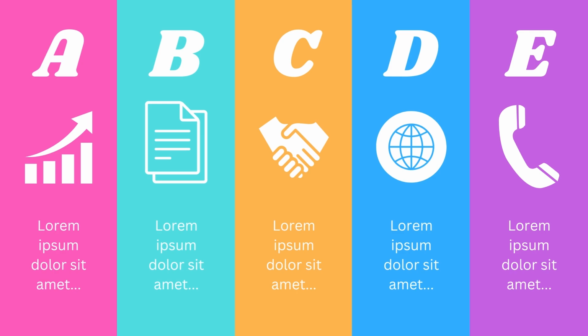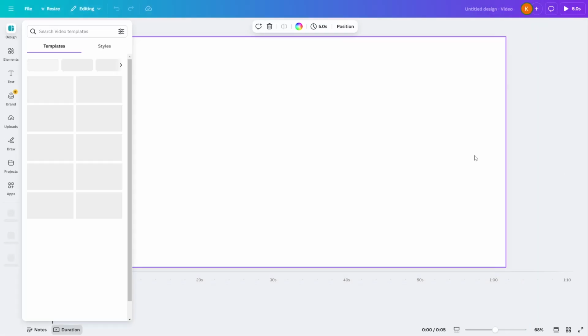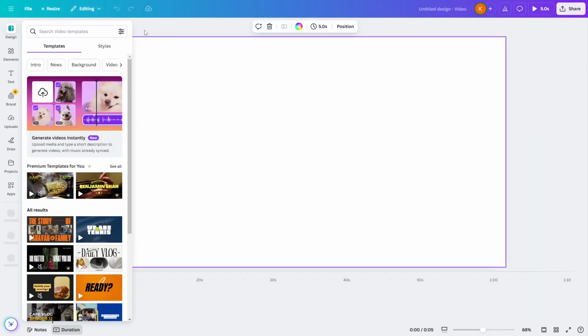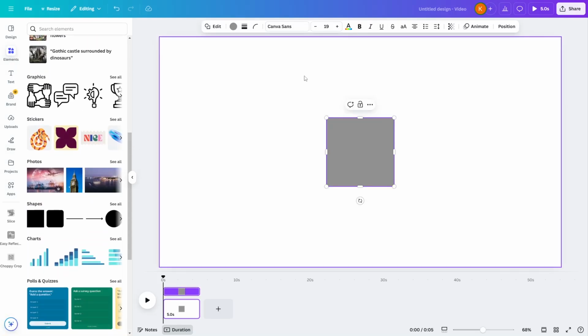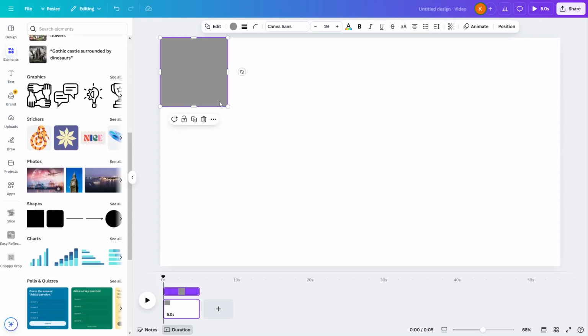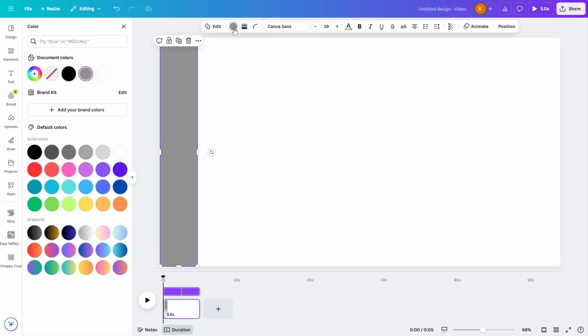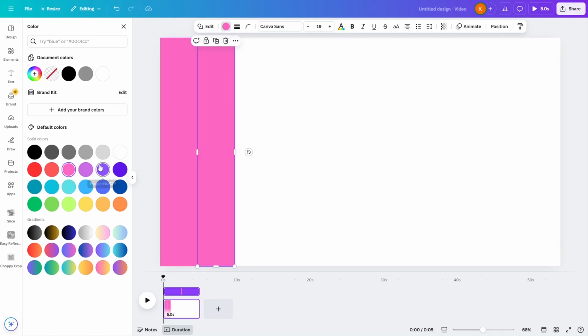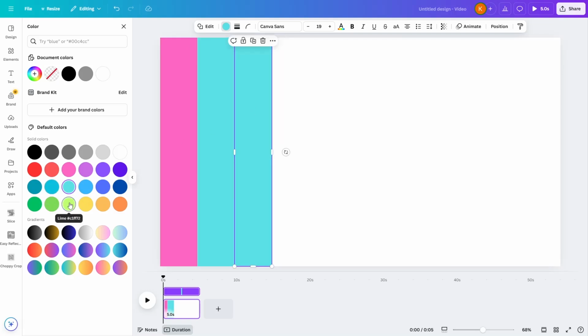We'll be using Canva. First, click on video and then click on video 1080p and then create some rectangles, 5 rectangles of the same size. Go to elements and then head over to shapes, click on the square shape, and then let's say if you want to color it pink, copy and paste this, and then let's say if you want to color this turquoise, copy and paste it again, and then let's say if you want to color this